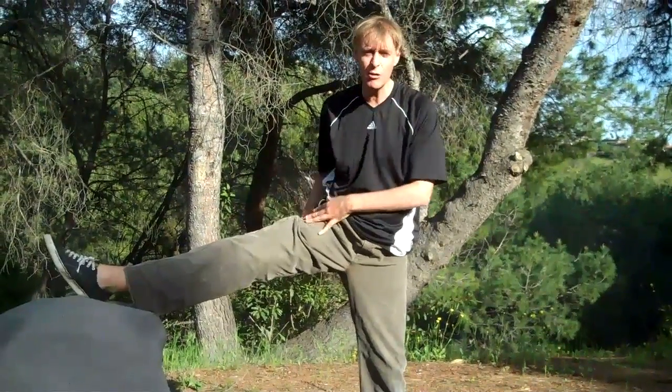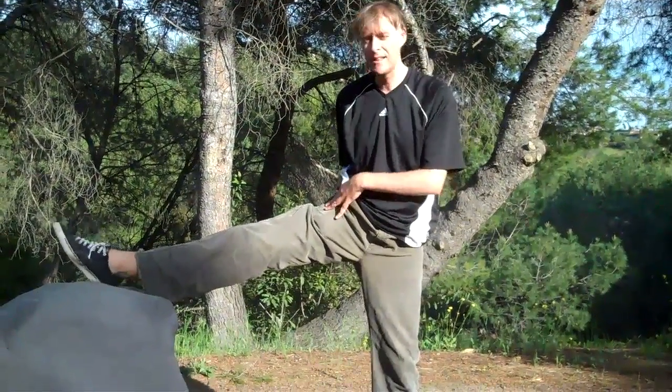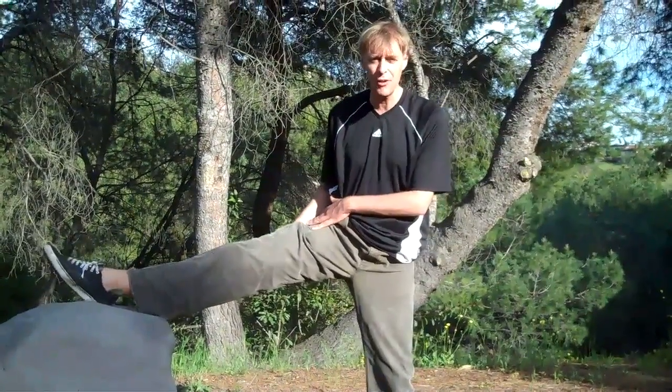Today we're going to do a variation on the stretch that you saw in video 1. This is a stretch that will be good for lower back problems like herniated bulging disc or spinal stenosis in the lumbar region. This stretch is also good for hip flexibility, so it can prevent hip arthritis and any kind of hip joint problem. Contraindication of this stretch: if you have artificial hips or hip replacement, consult with your doctor before doing this